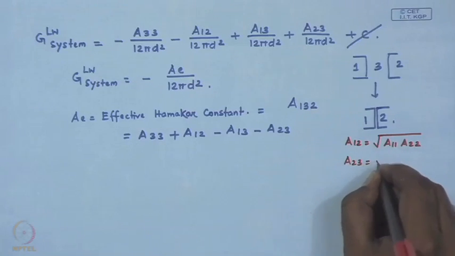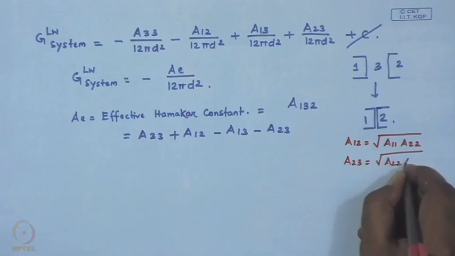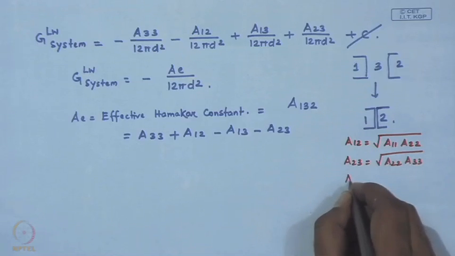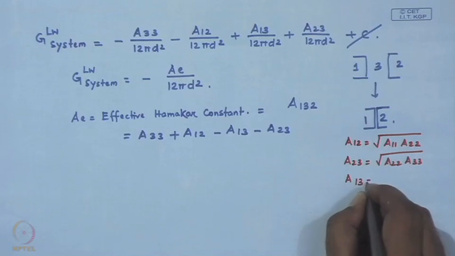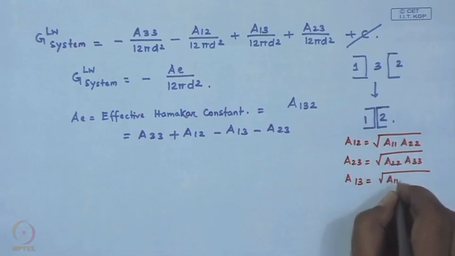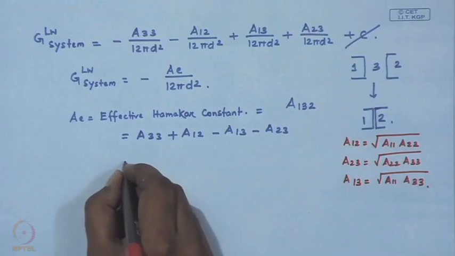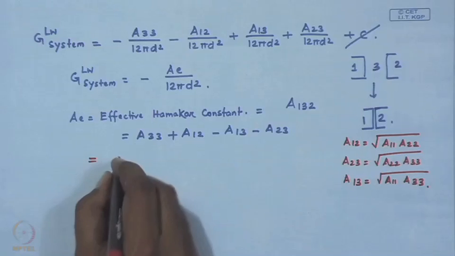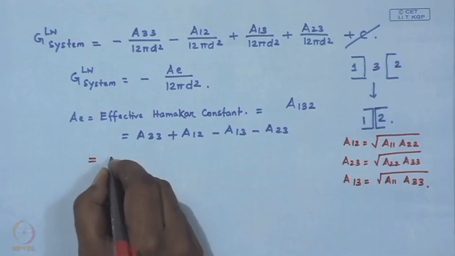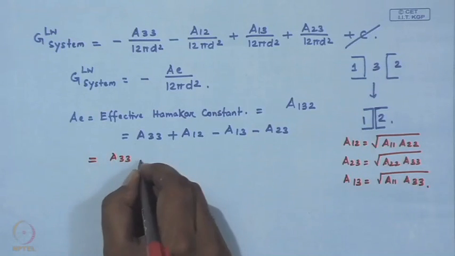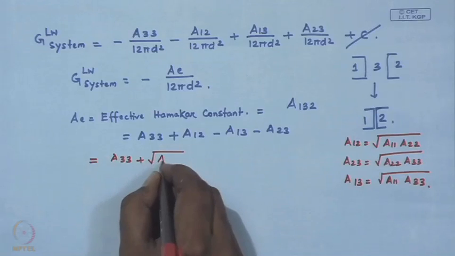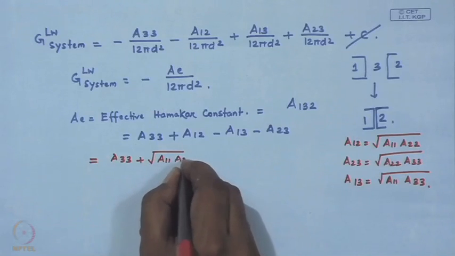A23 similarly can be written as A22 into A33, and A13 can be written as A11 into A33. So, in that way, if we plug in this expression and do a little bit of algebraic manipulation,